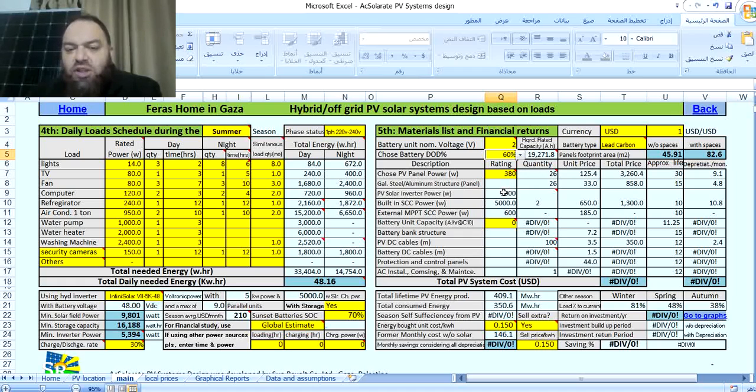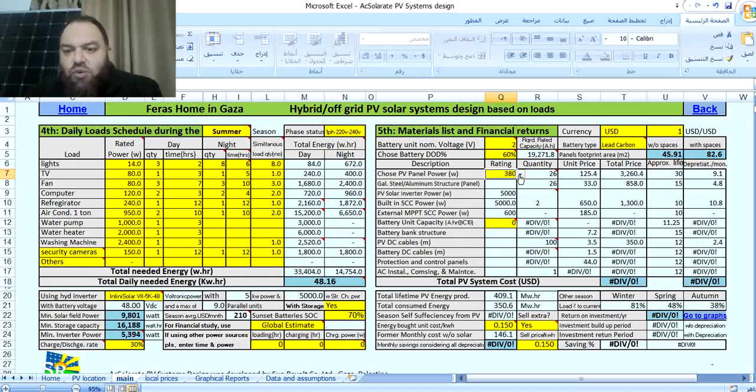It is not recommended to go even further than 60% if you need the most efficient, financially sound cycling of your batteries. We are talking here about lead carbon. If you want to go for lithium, maybe you can even go deeper in your discharge, like until 90% or even sometimes to 100.